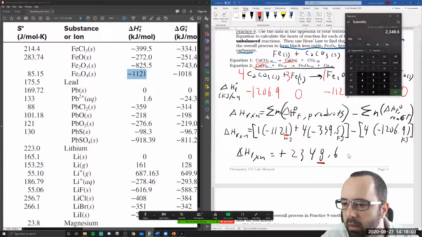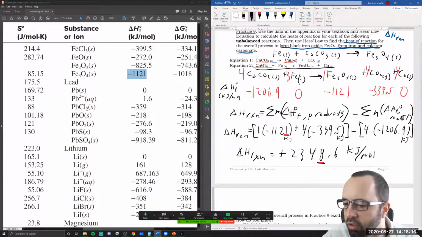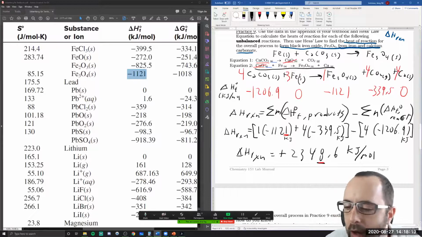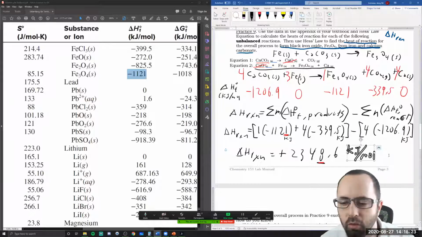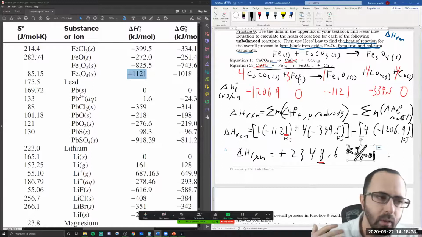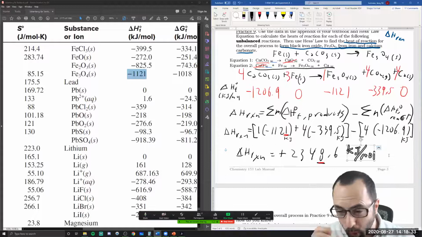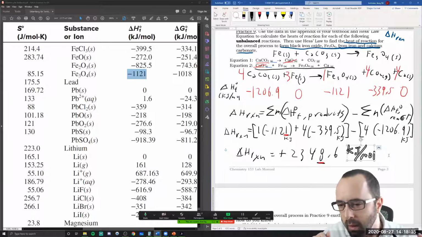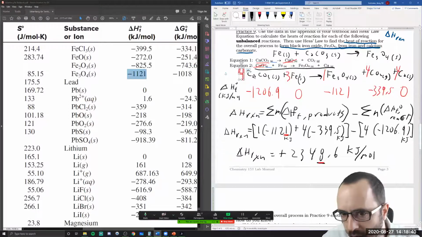And then we can write our result as kilojoules or kilojoules per mole. When we get to the thermodynamics chapter, I'll be talking a lot about the per mole thing. A lot of times people will write this as just kilojoules and assume you understand that this is per mole. And sometimes they will include the per mole explicitly. But what this is saying when we say per mole is this. The way this translates is that if 4 moles of calcium carbonate react in this reaction, then